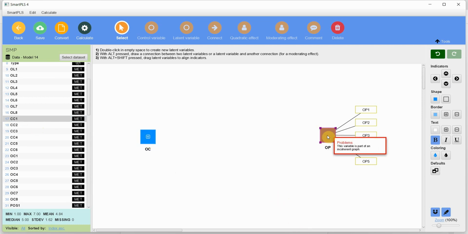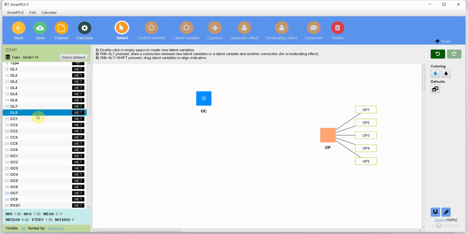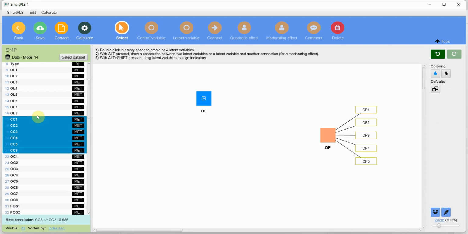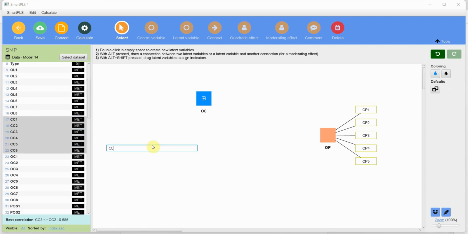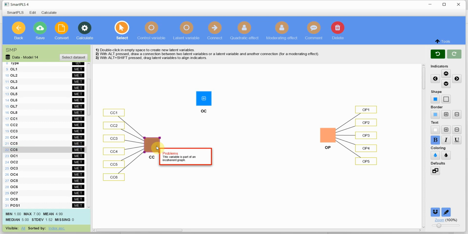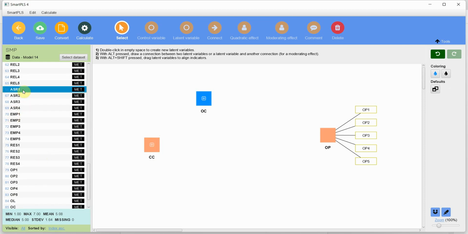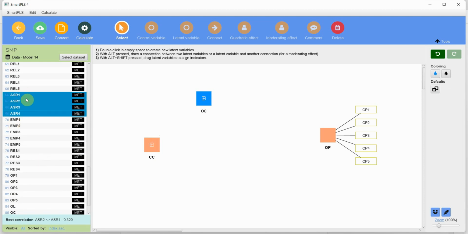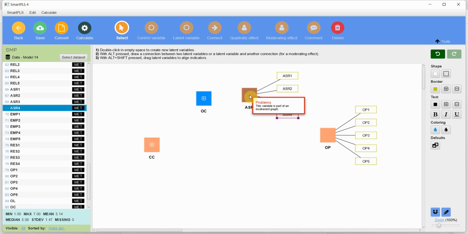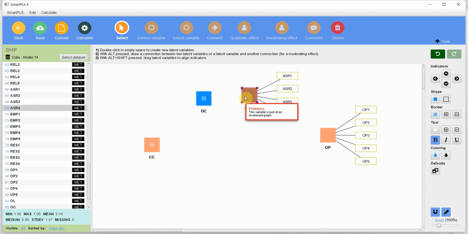Commitment is my mediator, so it will go up here. And then collaborative culture is my independent variable, which is CC here. And finally, assurance is my other mediator. So I've got two mediators, organizational commitment and assurance, that I propose are mediating the relationship between collaborative culture and